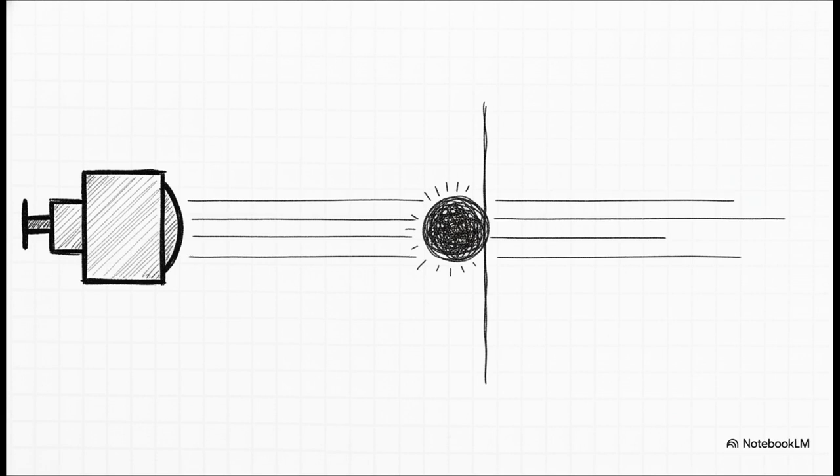What Rutherford did was aim a really narrow, high-speed beam of positively charged alpha particles, which are basically just helium atoms stripped of their electrons, at an incredibly thin sheet of gold foil. Based on the watermelon model, they fully expected these heavy particles to just punch right through that soft, positive pulp. And to be fair, most of them did. But a few got deflected at really sharp angles.